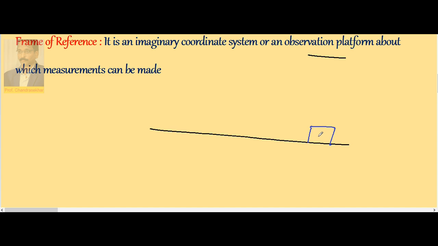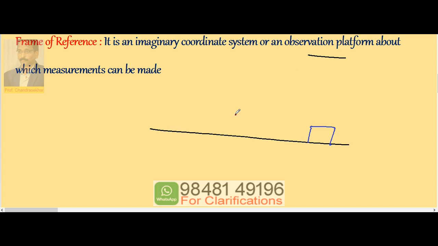I want to measure the position or distance of this object with respect to this person. Immediately this person will imagine a coordinate system. This is x-axis, this is y-axis. He feels that he is at origin and he will make the measurement,